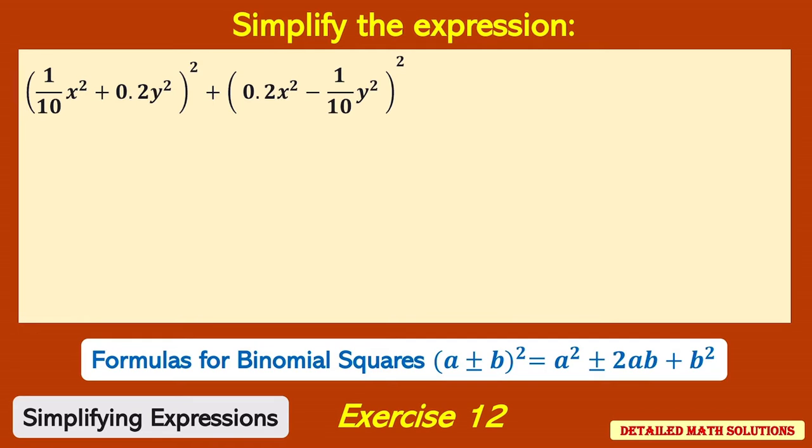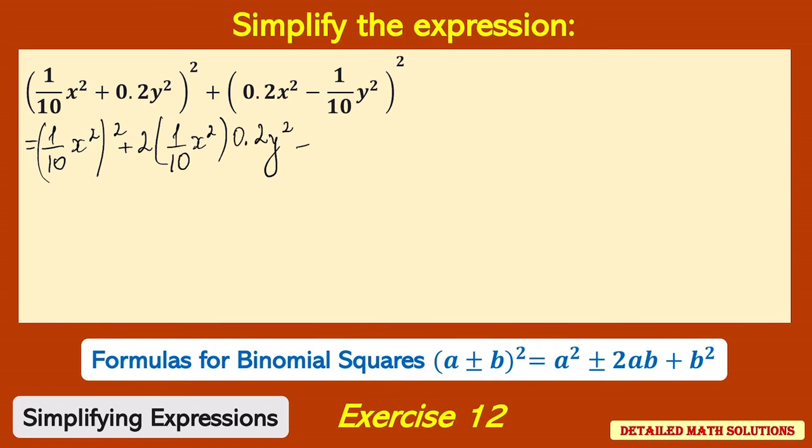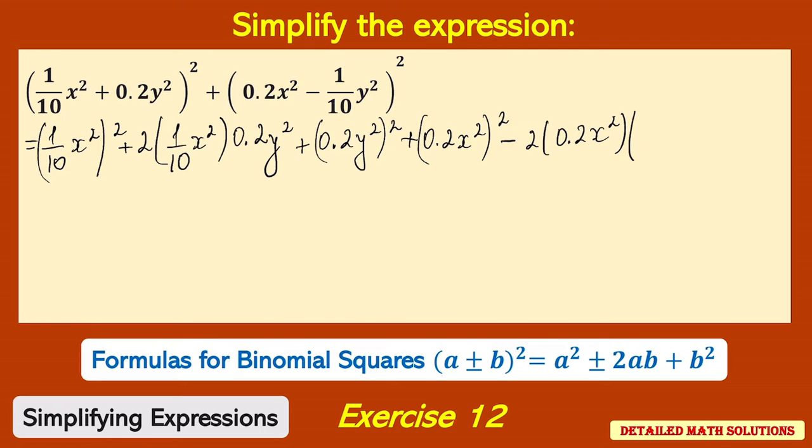When I apply the formulas to each binomial square, this expression equals (1/10 x squared) squared plus 2 times 1/10 x squared multiplied by 0.2 y squared plus (0.2 y squared) squared plus (0.2 x squared) squared minus 2 times 0.2 x squared multiplied by 1/10 y squared plus (1/10 y